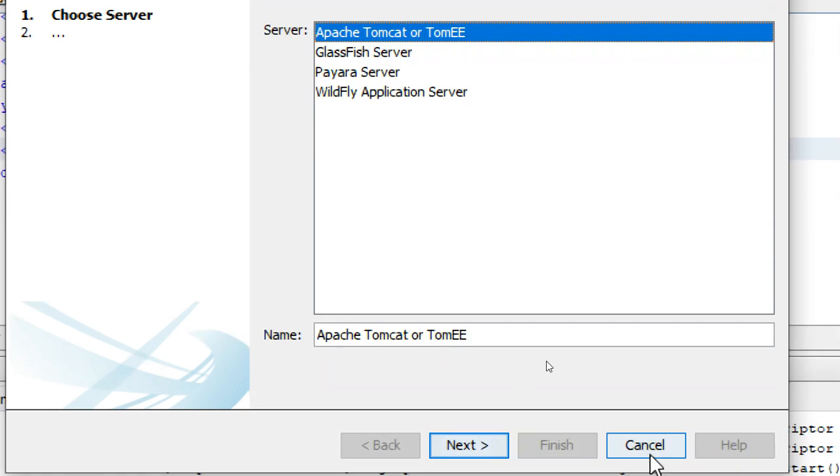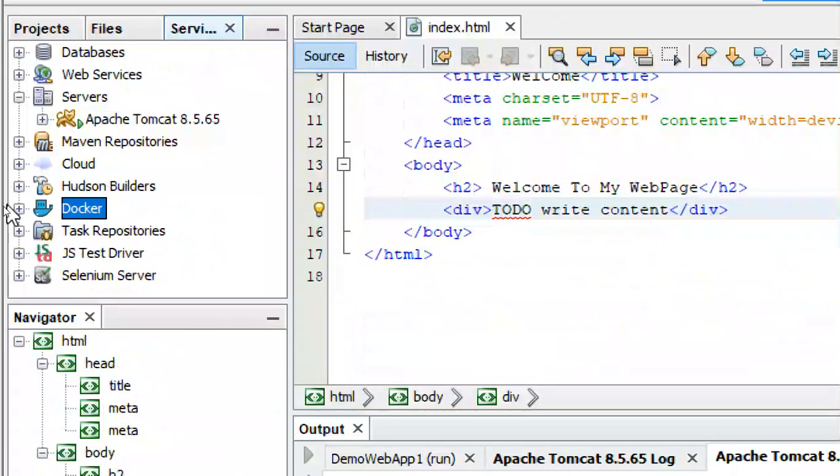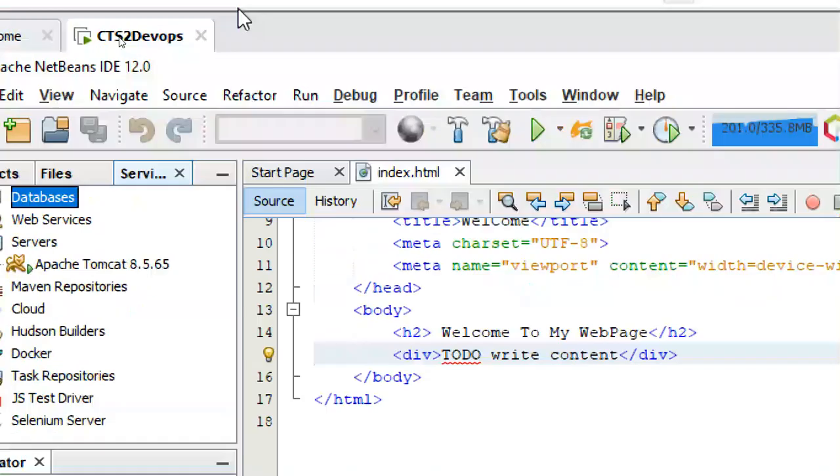And if you have Docker installed on your PC, tell it which Docker you have, and you can connect Docker to it. Databases: if you have a database server, MySQL server, Oracle SQL server, you can add the databases.